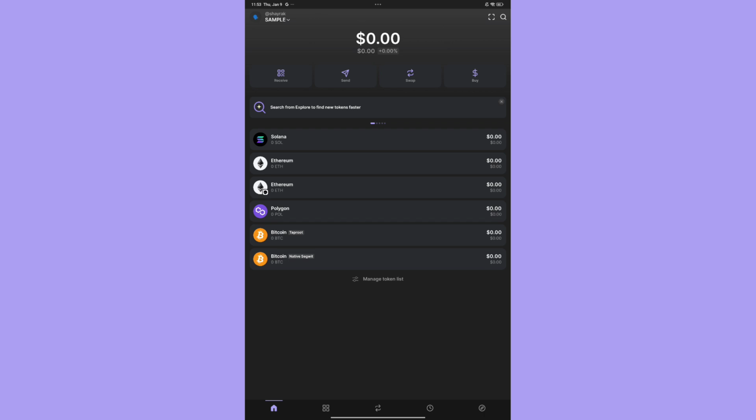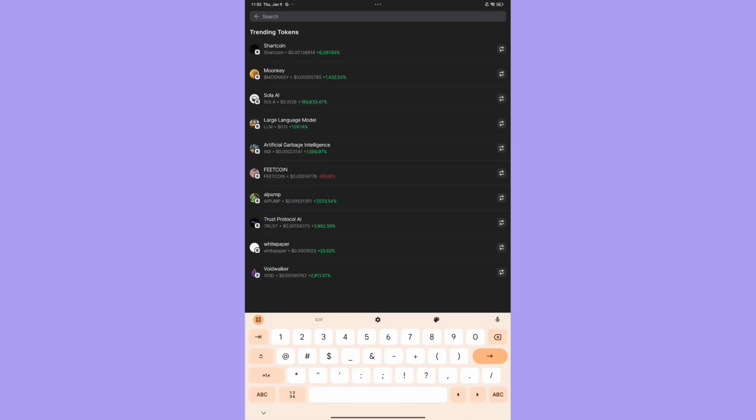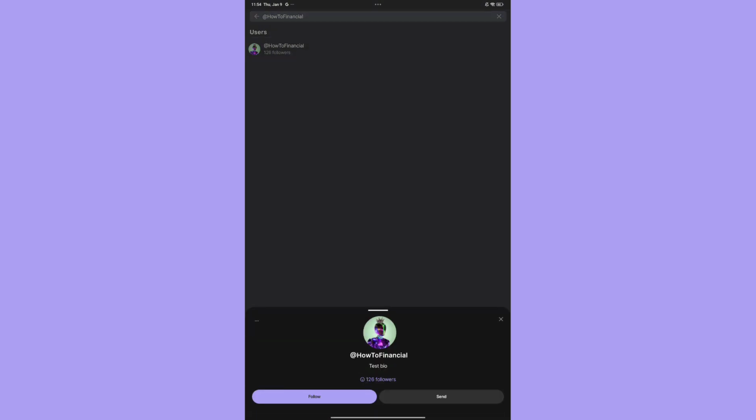To be able to follow someone on Phantom Wallet, go ahead and use the search field by clicking on this search icon. And here, go ahead and enter the username of that specific user that you want to follow on Phantom Wallet. So for example, I want to follow How to Finance, so I'll search for that user. Click on that user, simply click on the follow button,